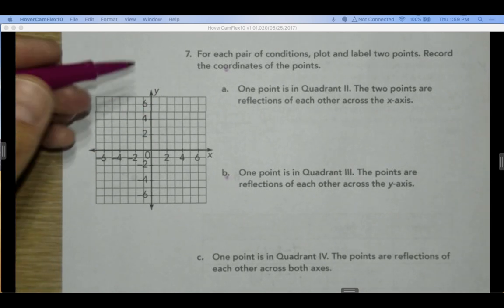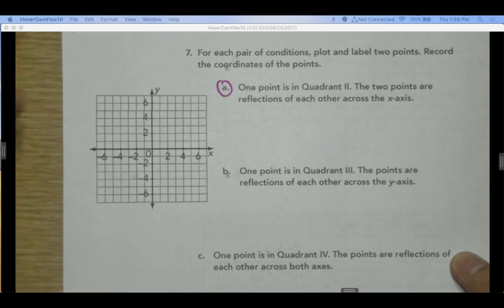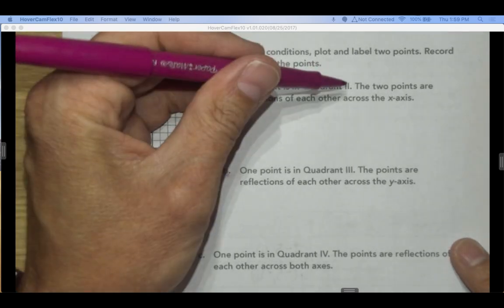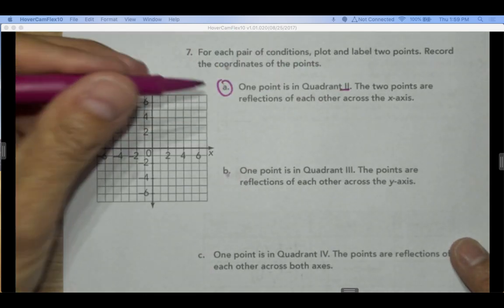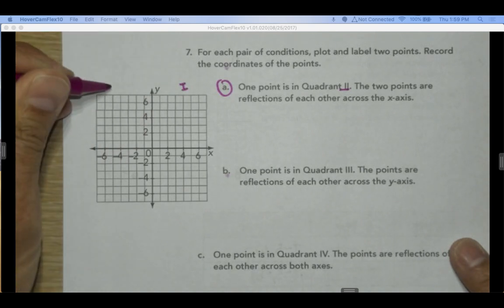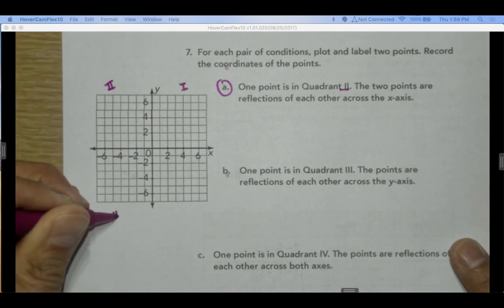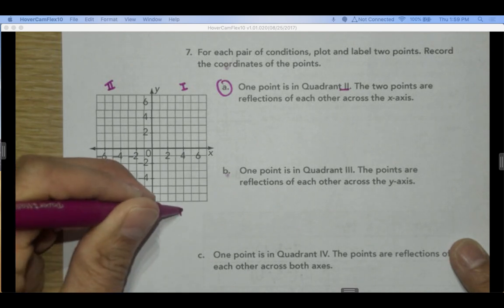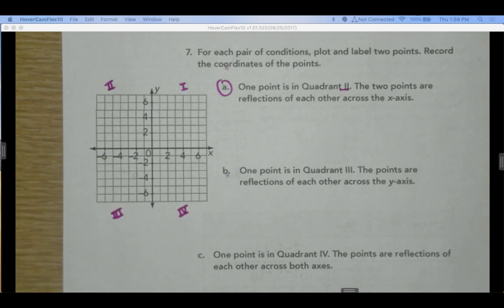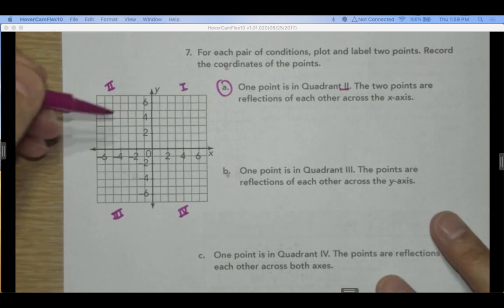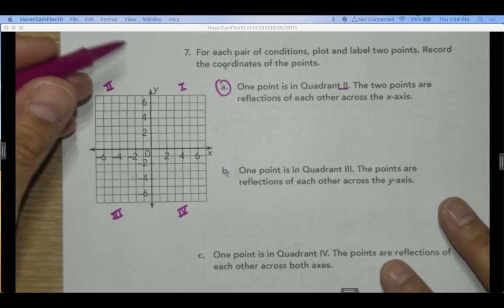So, if I think about this, 1 point is in quadrant 2. I know this is quadrant 1, then it's counterclockwise. That's quadrant 2, that's quadrant 3, and that's quadrant 4. So I know 1 point is in quadrant 2, and you can choose your own point,